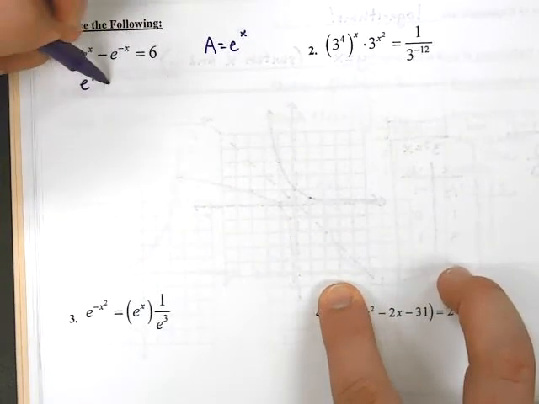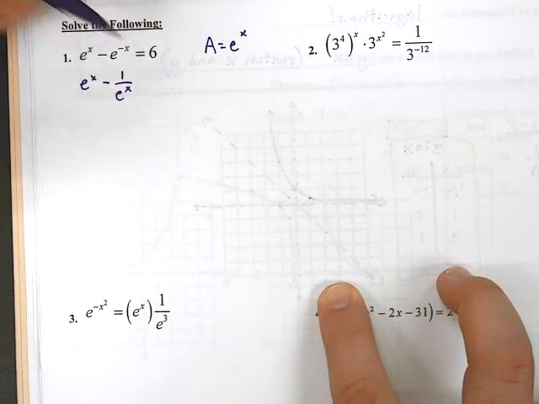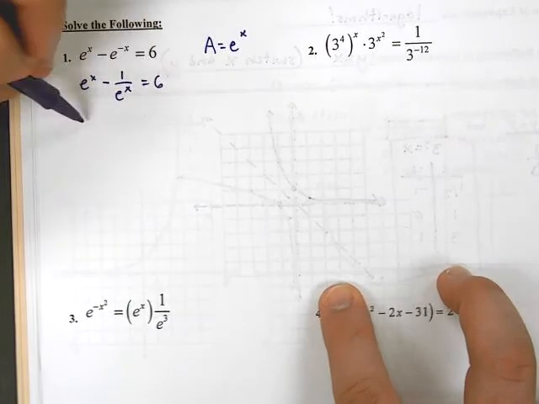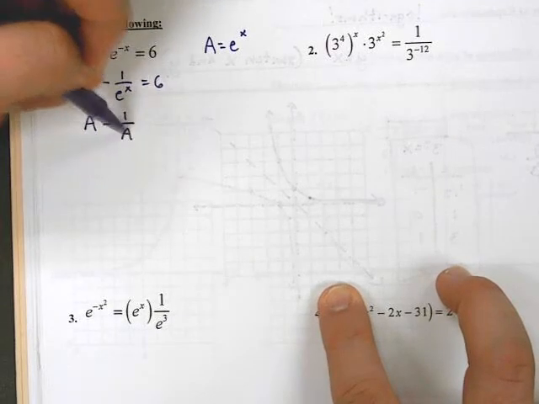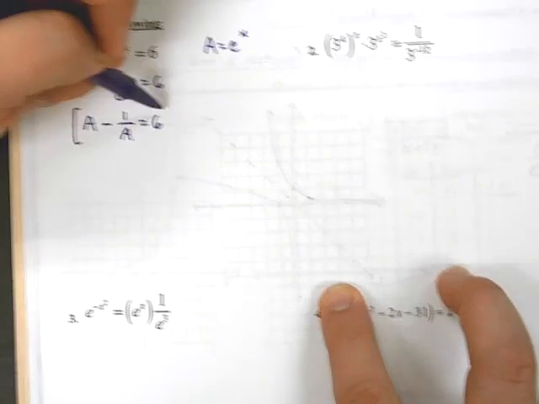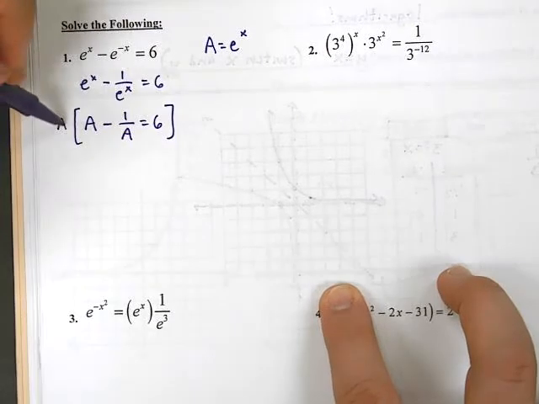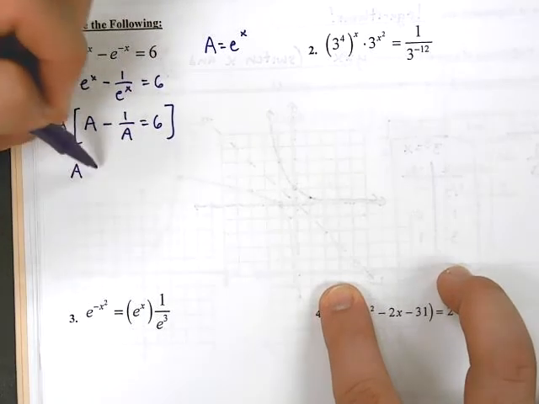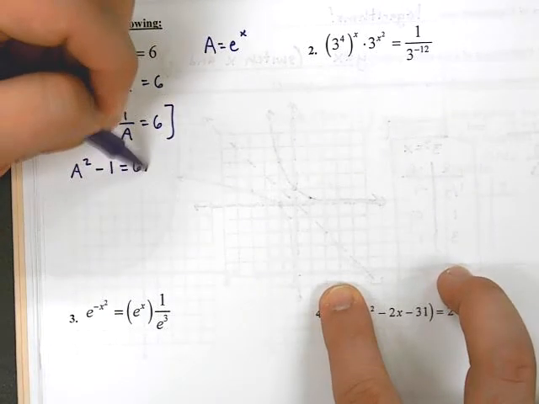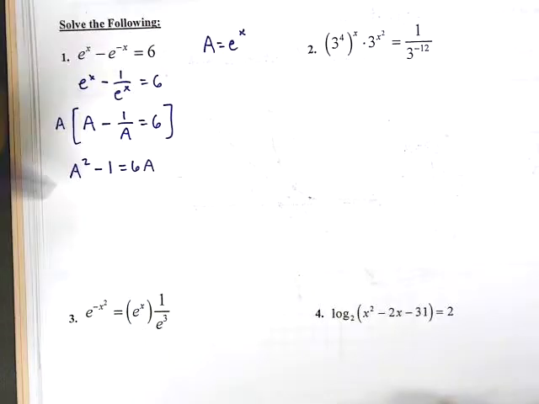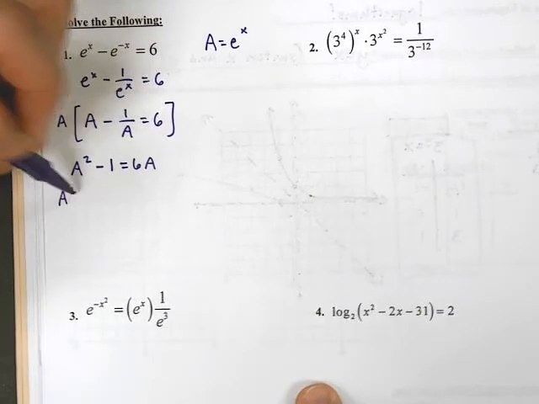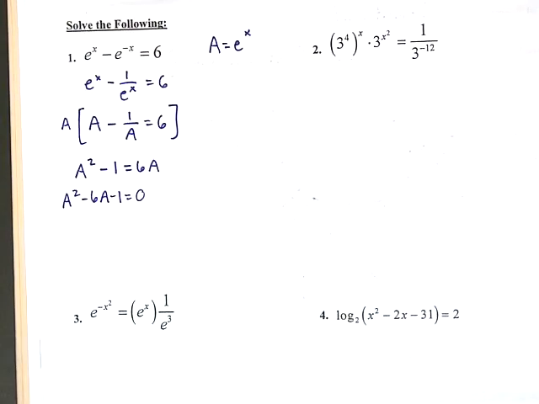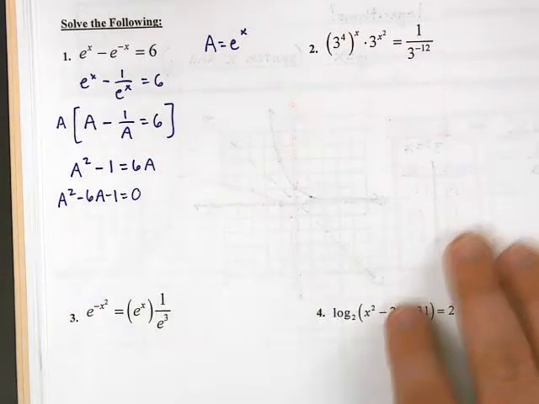I'm going to want to rewrite this, right? 1 over e to the x. And now I can substitute. A minus 1 over a equals 6, or when I multiply everything to clear the denominator by a and distribute, I should get a squared minus 1 equals 6a. So now we move this over. Let's see what we have. I don't think we can factor that,